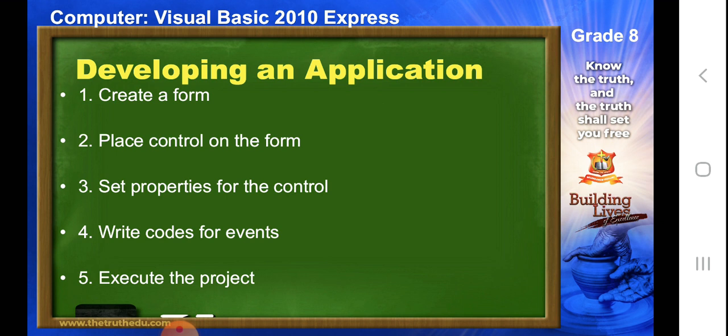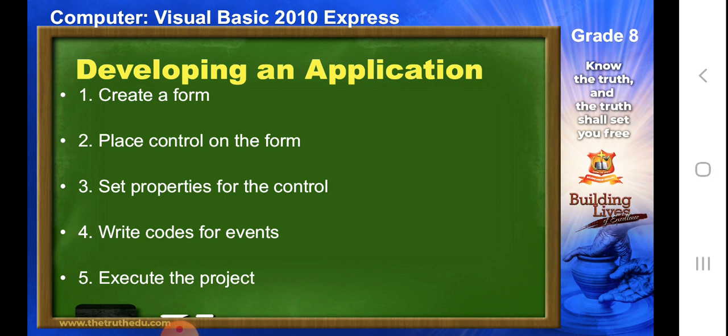The second step is placing controls on the form. What are the controls? There are two things we are going to mention about controls here. First, I need to have a button there, right? Suppose I am making a calculator which tells me that the first number plus the second number gives me the total. So I need a button there which is calculate. I need a field where I get an option to type the number. What should be the field color? How many alphabets should it accept? Will it accept only numbers or alphabets?